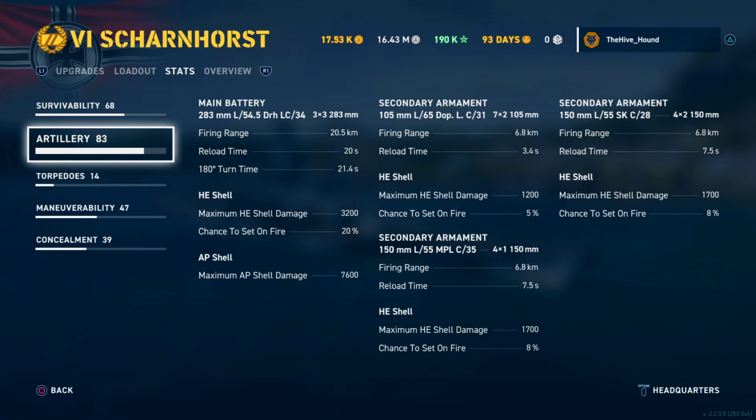20.5 kilometer firing range with the setup that I have. Reload time of 20 seconds. And these guns are just so versatile. Set fire at ranges when they get sub 10 kilometers, because the shell arc, firing arc is so flat, its penetration values are massive. So under 12 kilometers, you can start causing significant damage to other battleships whilst remaining quite tanky. The only thing you've got to watch out for is the Leons, because they will just tick you down